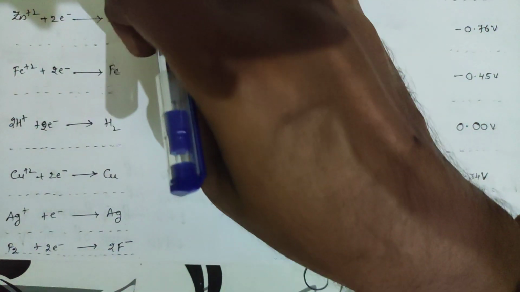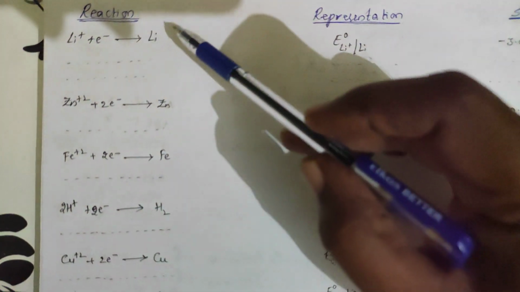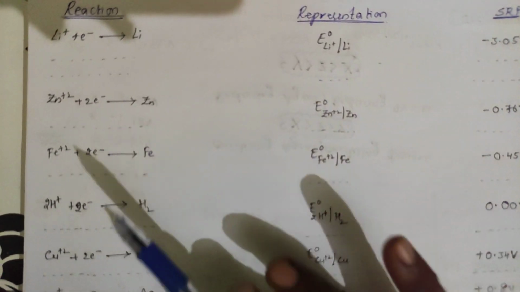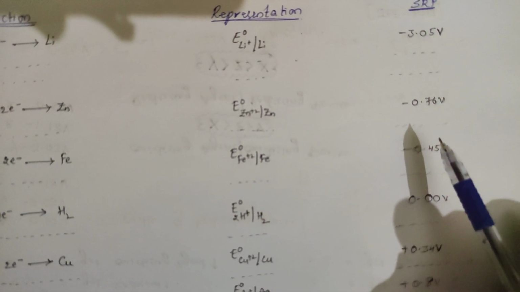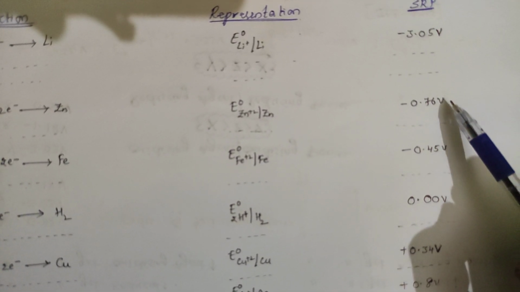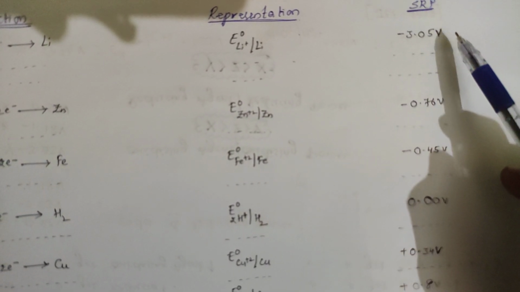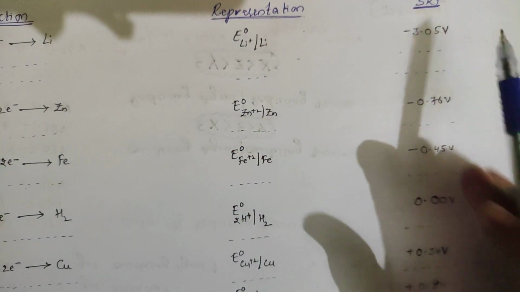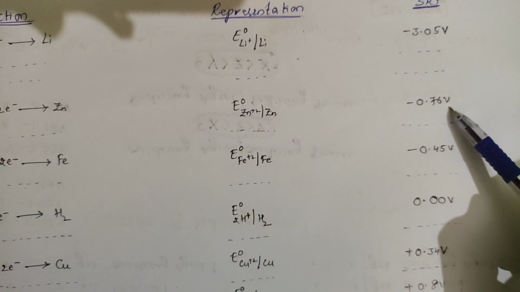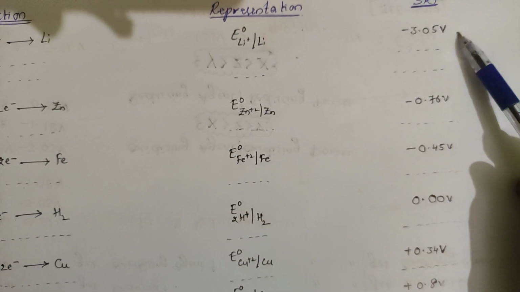See, these elements you should remember. I'll show this entire chart in the book. See, what does this chart indicate? When you compare the reduction values of this one and this one, which is bigger? This one is bigger, so this one easily undergoes reduction. This one will undergo oxidation. When you combine these two, if you combine a lithium rod on one side and a zinc rod on the other, whichever has the higher reduction potential will undergo reduction. This one will undergo oxidation.